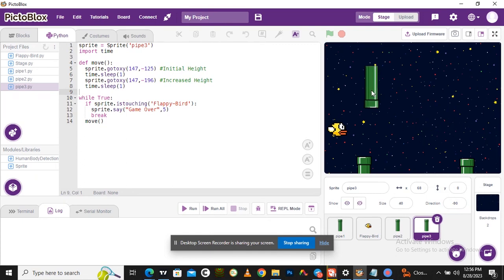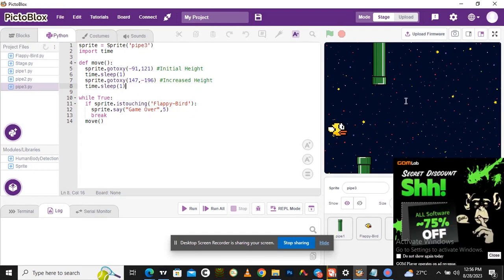So this time, I want it to be here, and I want it to be full. Like this. As you can see, the x is minus 91, so I'll change it to minus 91, and the y is 121, not minus, but 121. Then after 1 second,